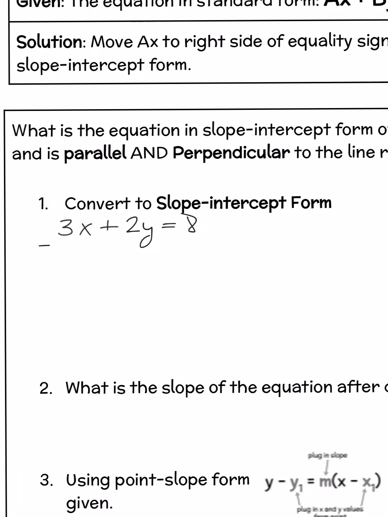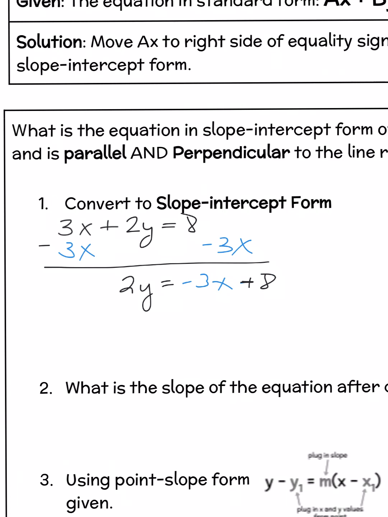first I'm going to subtract 3x from both sides. So what that really means is I'm moving 3x over to the right side. What I'm left with afterward is just 2y on the left side, and that's going to equal negative 3x plus 8. I'm going to go ahead and rearrange this. I'm going to write negative 3x first, plus 8. Then I'm going to go ahead and divide everything by 2. So now y equals negative 3 over 2